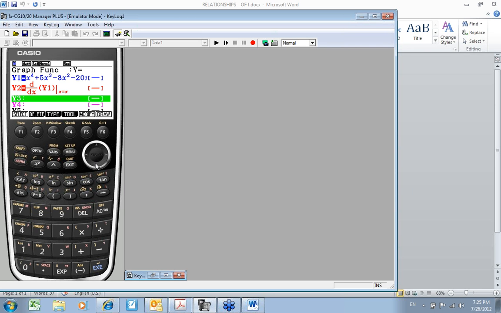Since my vertical lines were already green, it's going to graph Y3 in green, so I might have too much green on there. So I could easily just skip down to Y4 or Y5 or Y6. But I wanted to show you one other thing. I'm going to go ahead and put it in Y3 and then show you how you can change the color, just so you'll know that option's there if you ever need it.